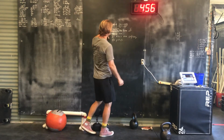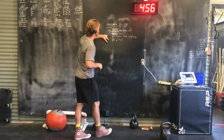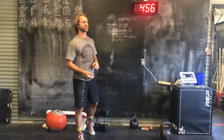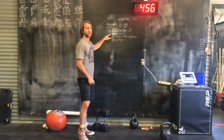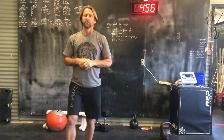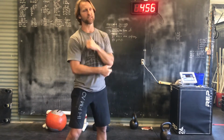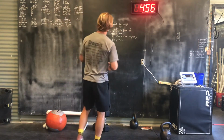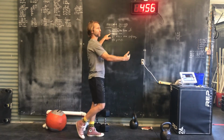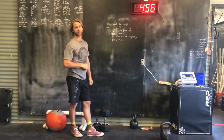But if you're going to run 400 meters, that run should be fast every single time. It would be nice if the run was at the end so that you could sprint to the finish, but it's not. So the goal is to try and run pretty hard the first one and try in round 2 to really stick with that pace. People tend to slack off in round 2 and then try and push the pace in round 3, but by that time you can't do it. So the goal here is medium fast on round 1 run, try and beat round 1's running pace on round 2, and then the third one is just hold on. Okay,